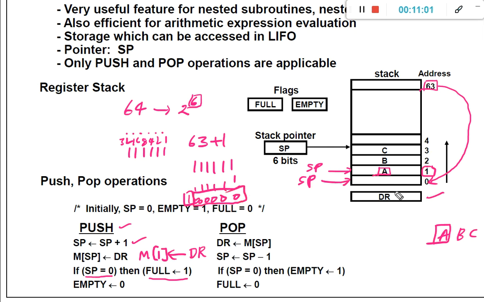What does it mean? The stack pointer is reset to 0. Whenever the stack pointer comes here, this will be the last element, so you cannot accommodate any more elements. That is why you set the full flag to 1. Now the stack is full, you cannot accommodate more.